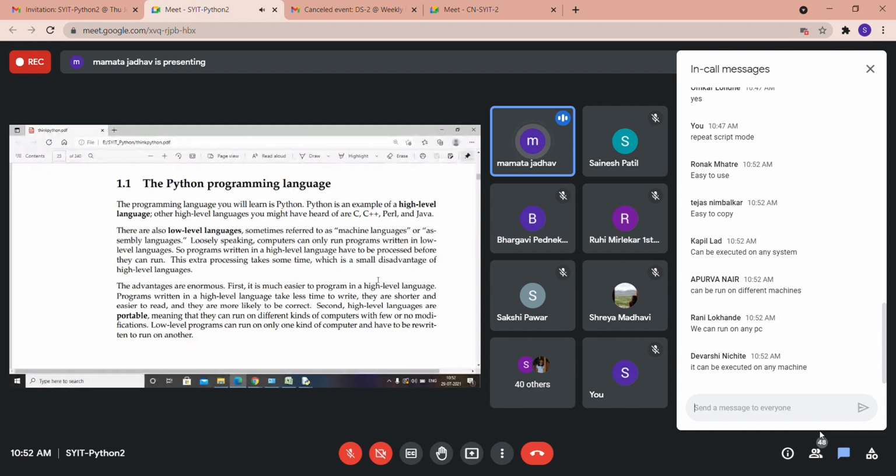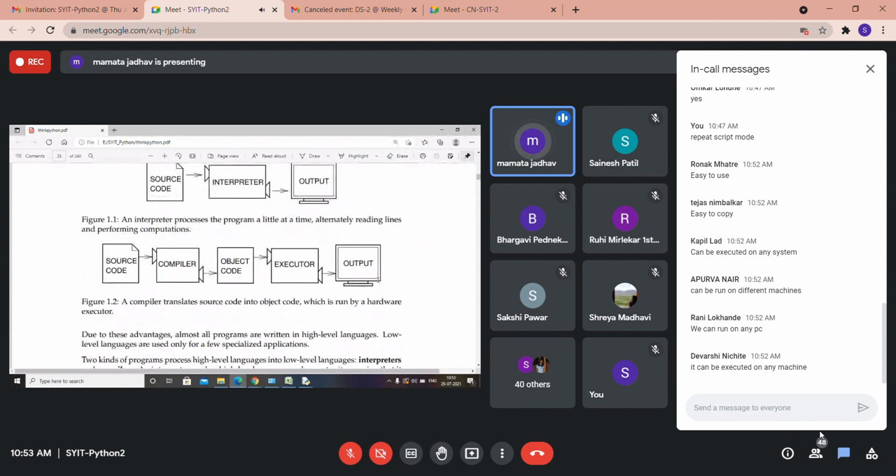No matter which configuration of the computer or which platform you are using, you run the same application and it will give the same output even on different kinds of computers. They can run on different kinds of computers with few or no modifications. Low level programs can run on only one kind of computer and have to be rewritten to run on another.